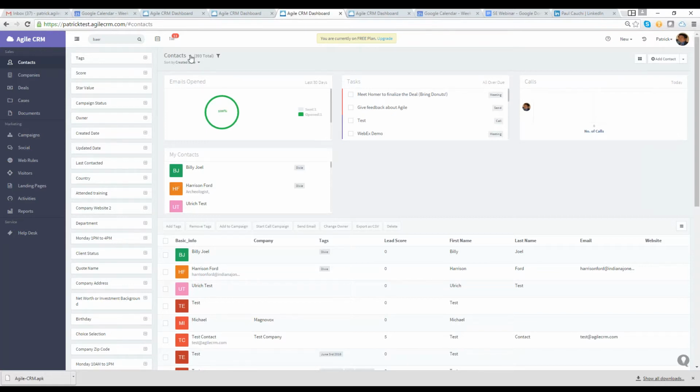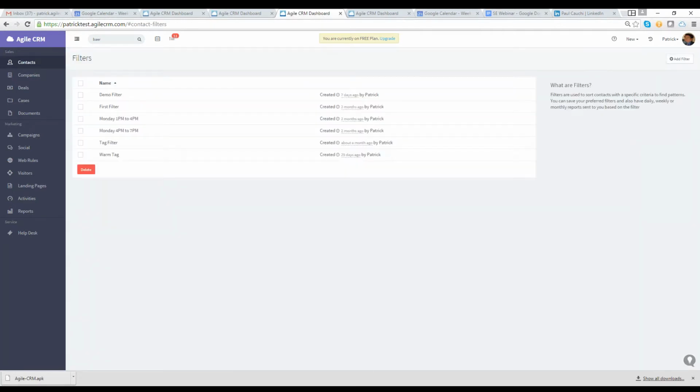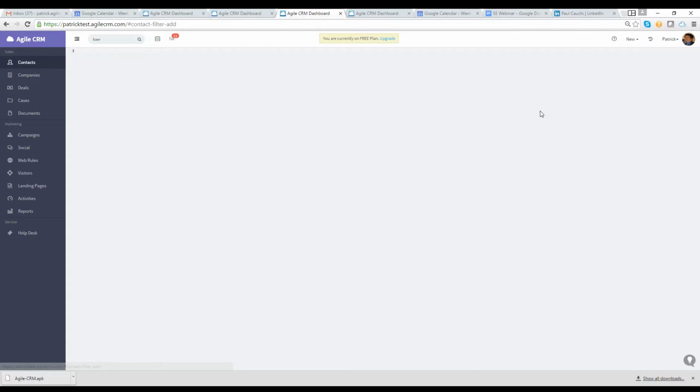We made a little user interface change recently. If you see this little dropdown here between the contacts and the totals, that's where you'll see the filters. So you can edit these advanced filters and make changes as well. I can add a filter here, for example. I can click in